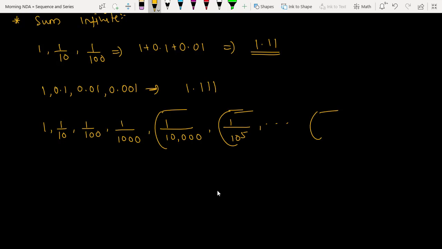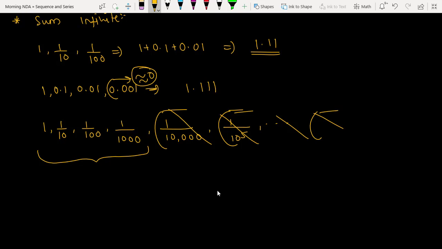These are approximately 0. See here, 0.001, then you will get 0.0001, then 0.00001, which are nothing but approximately equal to 0. And if you see the sum also, it is not getting affected that much. Only the first few terms are significant. Adding all these terms is just making your calculations very difficult. So why not discard all these things? Are you getting the point? It is not that significant to add approximately 0 values.